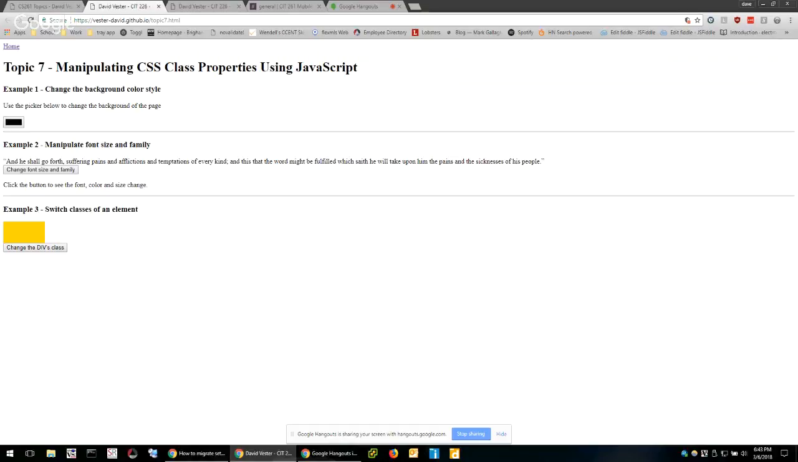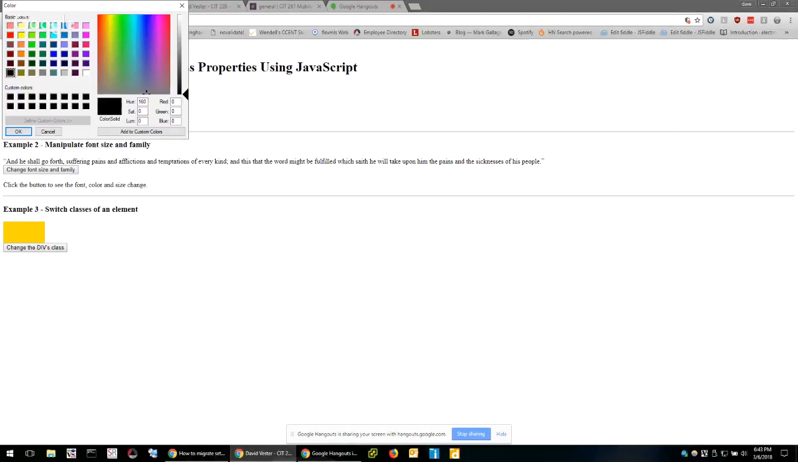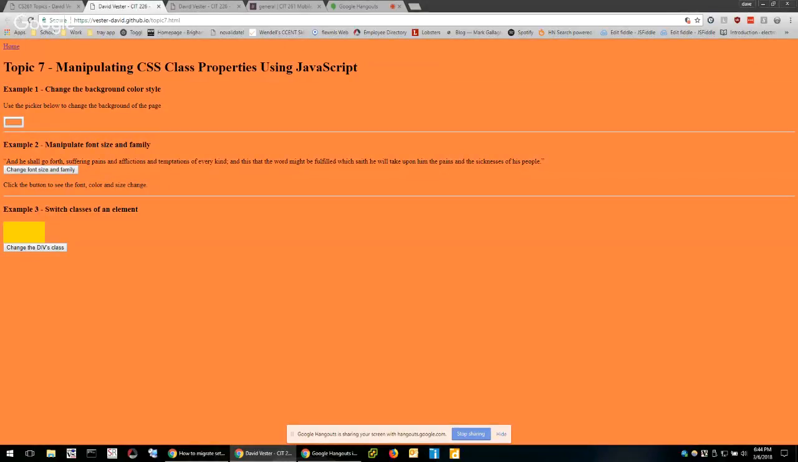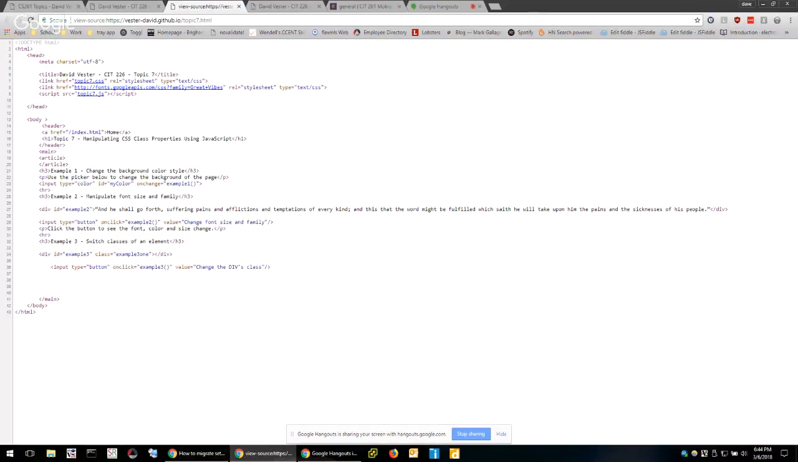So first one here, if I just use this little color picker, I can change the background of my body of the page here using JavaScript. I can change that CSS style. Oh, that's cool. And same thing. And then I can show you what the CSS looks like for this, right? So if I go to